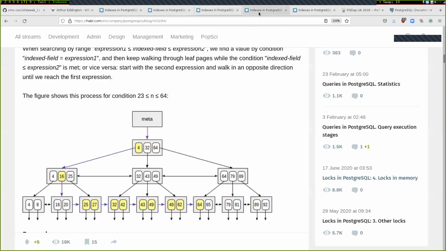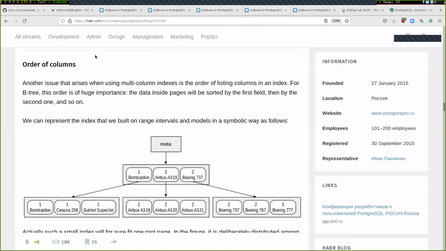References over here, under the B tree page, has a whole section, order of columns, and has a lot of pictures explaining how the order of columns will affect the queries. And so if this is not crystal clear to you, I strongly recommend reading this section right here,